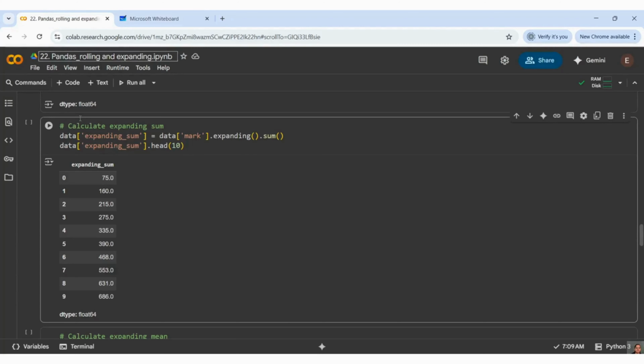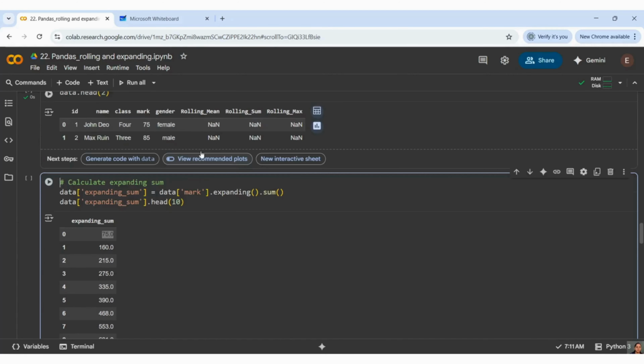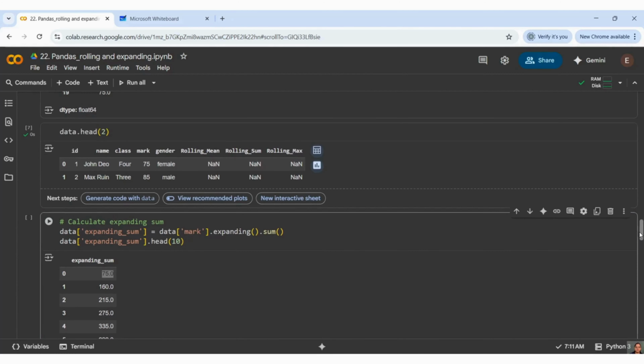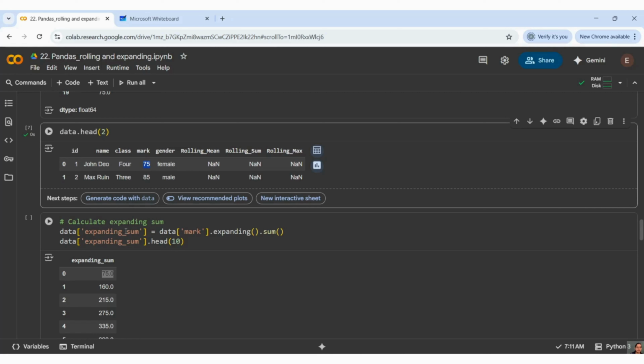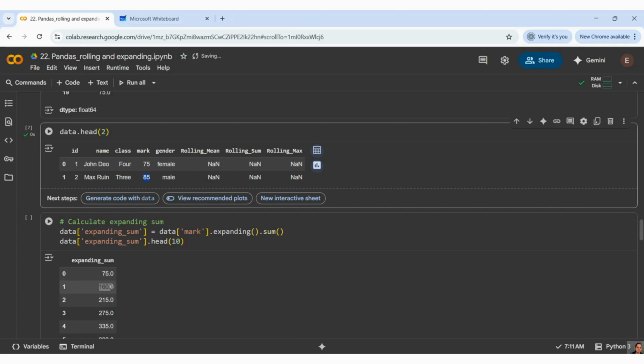Like that, it will continue. So the same thing is happening here. First it is giving me 75. Let me get the data here, data dot head. So in the first example, I have 75. Next it is 75 plus 85, which is 160.